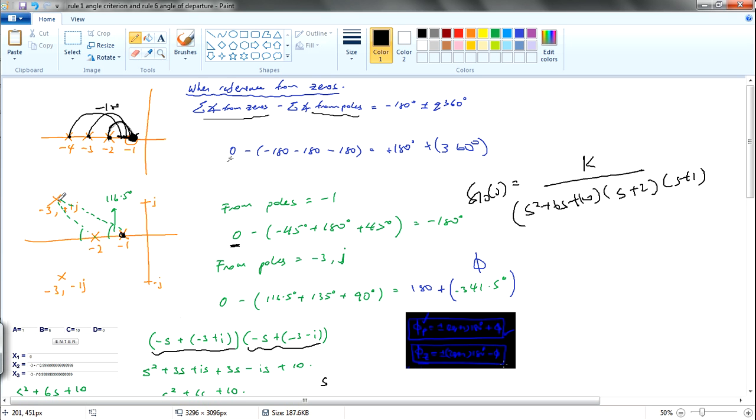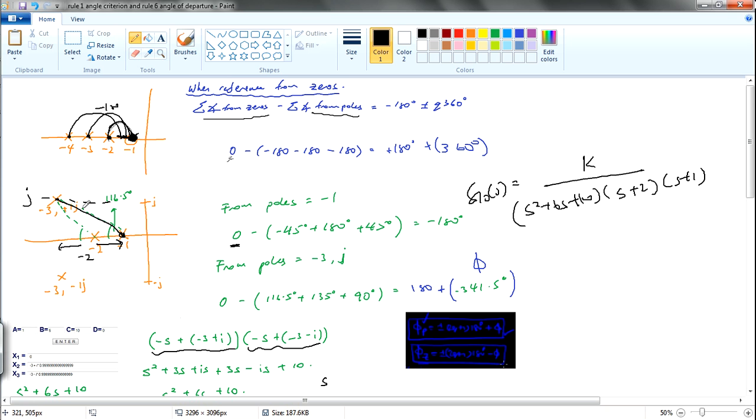So let's start off with here. The angle from this point to this point, what is the angle? The angle is this angle, right? And how can you find the angle? This height is actually j, right? This is j, and then there is a distance of minus